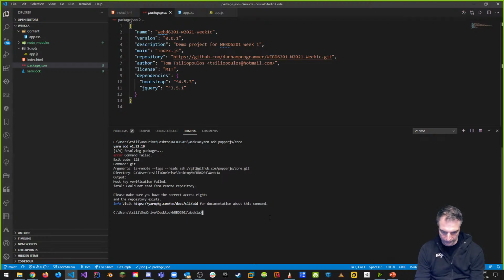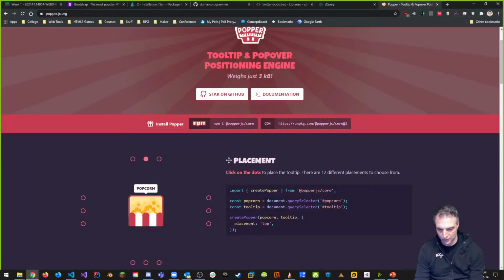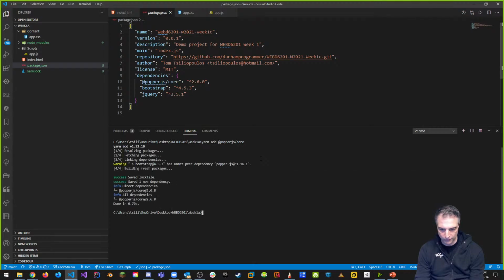Now, if it fails like this, a lot of times it's just syntax. Notice that it says @popperjs/core. So let's try this: yarn add @popperjs/core. And if everything goes well, it'll add popperjs in there as well. It's important to get all this stuff going. And by the way, if it complains,